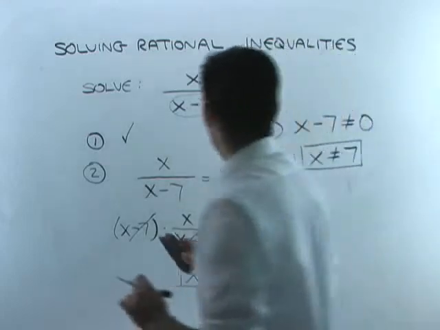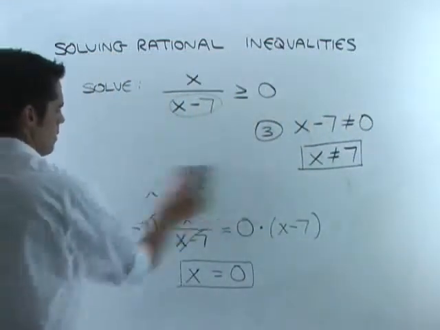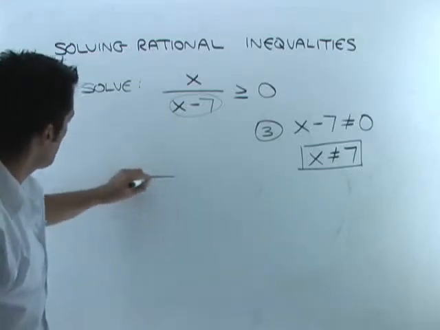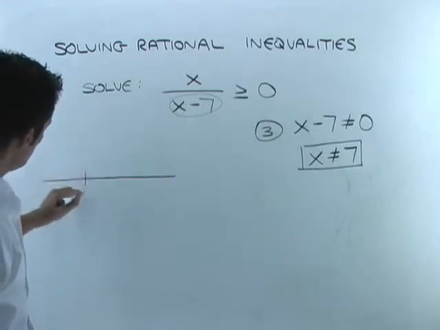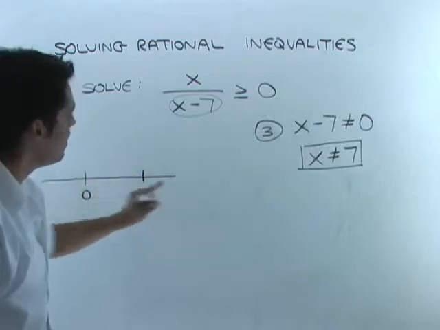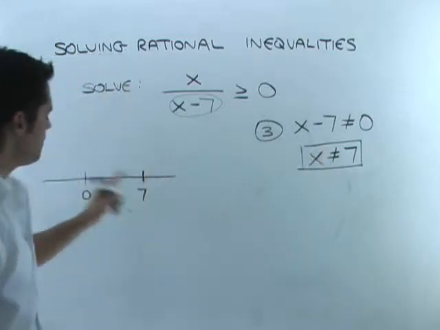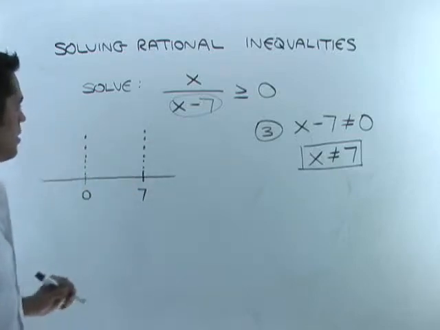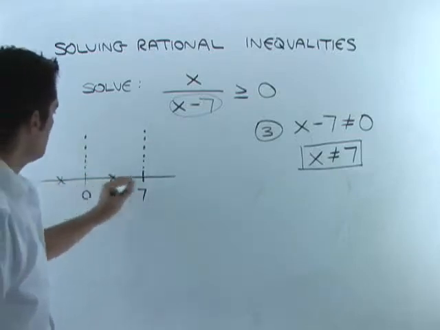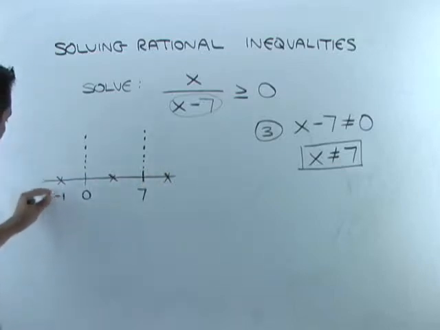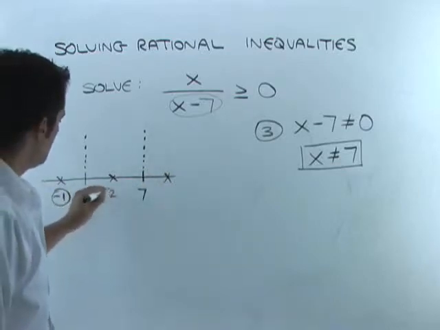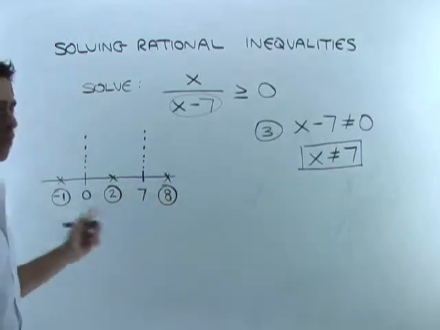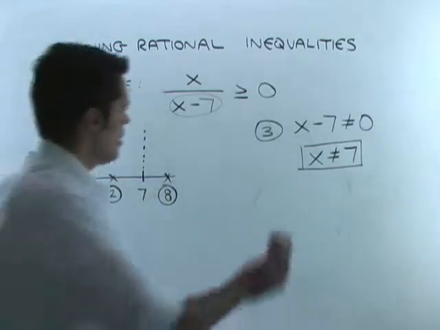So what we need to do now is go to our number line. So I'm going to draw a number line over here. I'm going to put our two solutions, 0 and, even though we don't want 7, I'm going to put it here. And then from there we break up our number line into now 3 regions. We need to pick a test point here, here, and here. So I'll pick -1, I'll pick, let's say, 2, and something over here like 8. And what I'm going to do is with these test points, I'm going to plug them into the original inequality